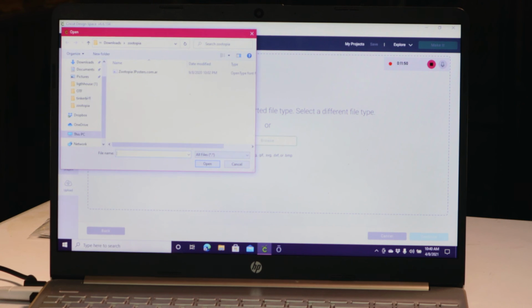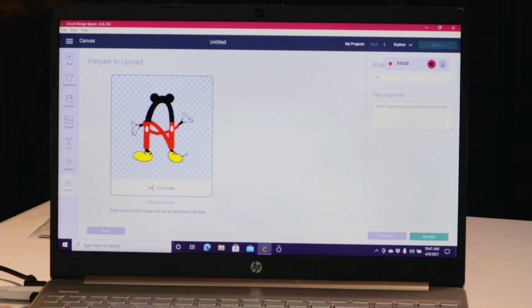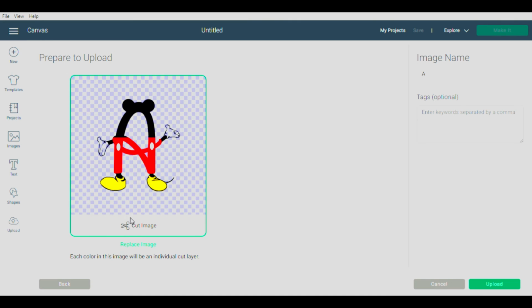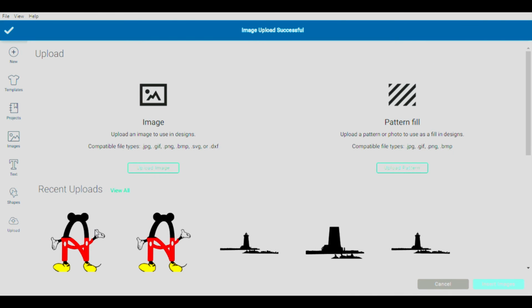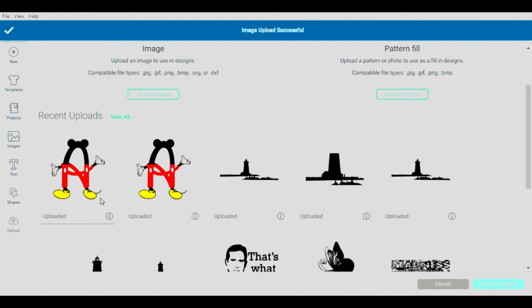So we'll go to Browse again, back to my downloads, and we will pick a different font. So we're going into fonts and we'll do Mickey font. So this is going to give me some of the different files that I have downloaded. We're going to go to the SVG and we'll do the letter A. So once we're on the letter we want, we're going to go to Open, and that's going to bring our letter onto the screen. So it's going to be a cut image, and we're going to go to Upload. And your letter is going to show up in your